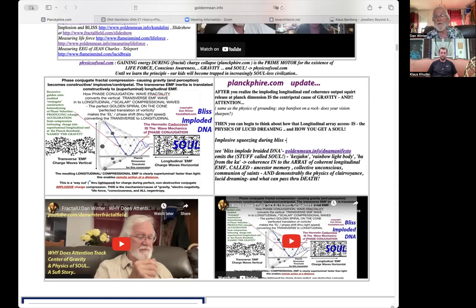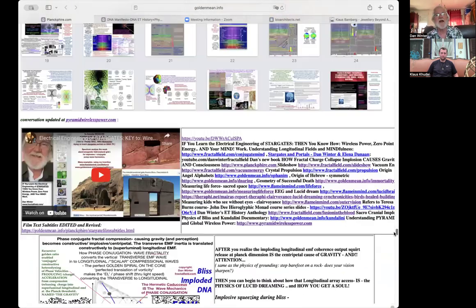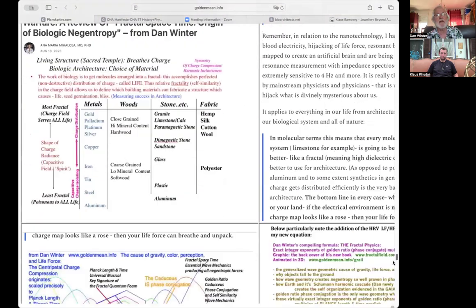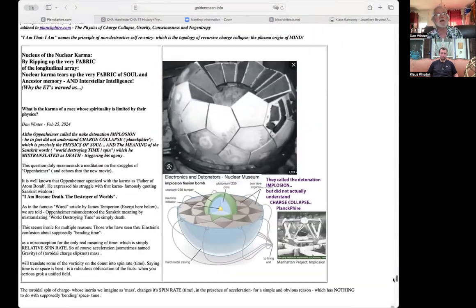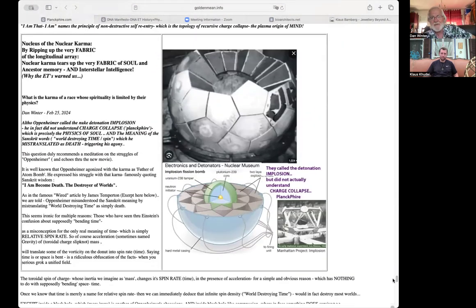When that's happening in your DNA in your glands, when you're in the sacred four directions, sacred space, you're generating the radiance, the coherent physics of bliss. Now, we're using the website here at plankfire.com, and there's a lovely picture here. Here's the metaphor for understanding how compression is making the magic.